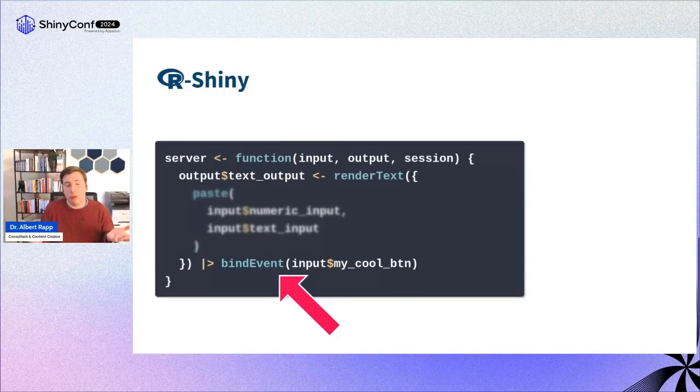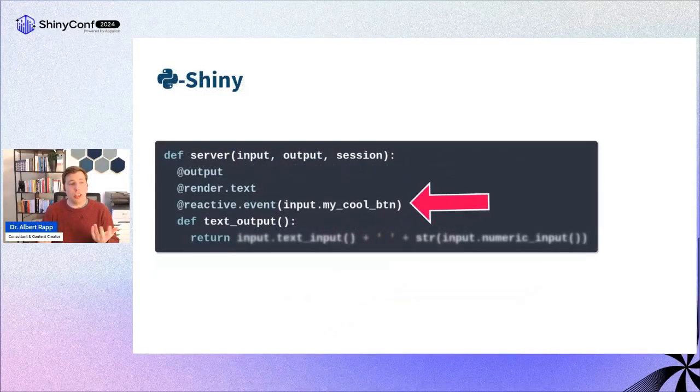And you could also use observeEvent. It's kind of the same thing. I like to use bindEvent, but in principle, you have to remember just to wrap the render function that you already have into something that binds this part to an event. And with PyShiny, it's the exact same thing. You just once again have to get used to this function decorator notation. In this case, you will have to use the reactive.event decorator, and that way you can more or less do the exact same thing, but just in a Pythonic way.